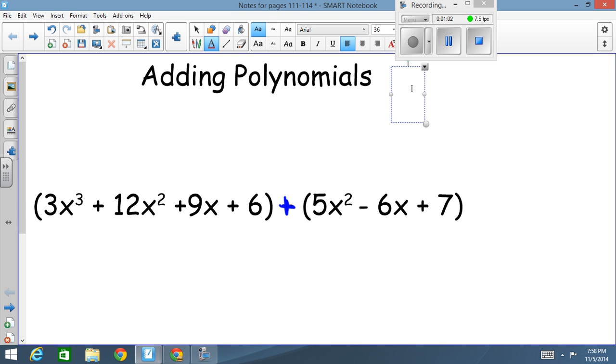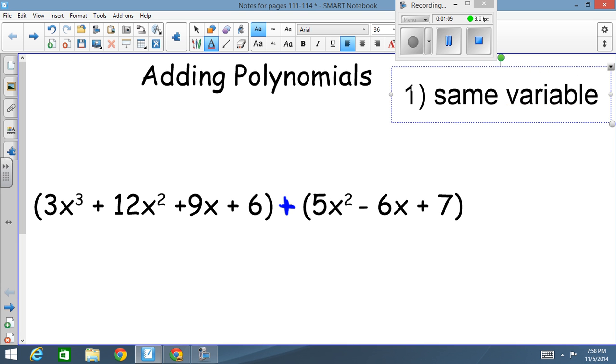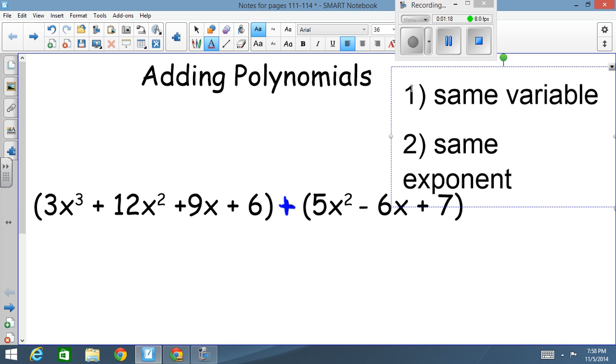The first thing, they have to have the same variable. Okay? Have to have the same variable. Second thing, have to have the same exponent. Alright, so in this case,